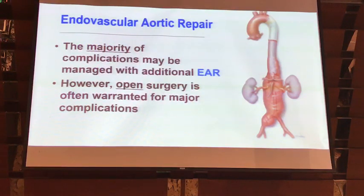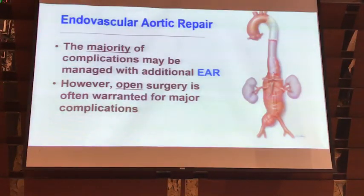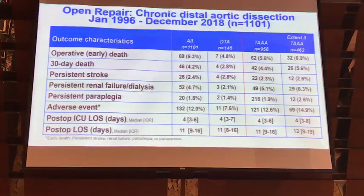But the majority of complications, I think we need to keep in mind, of patients who have endovascular repairs can be repaired or undertaken with additional endovascular work, as we've already seen today and we'll see more tomorrow. But there are situations in which open repair may be necessary. Although it's not that common at 10, 15, 20 years later for aortic dissection, open repair after type A aortic dissection. This is some of my cases of extent